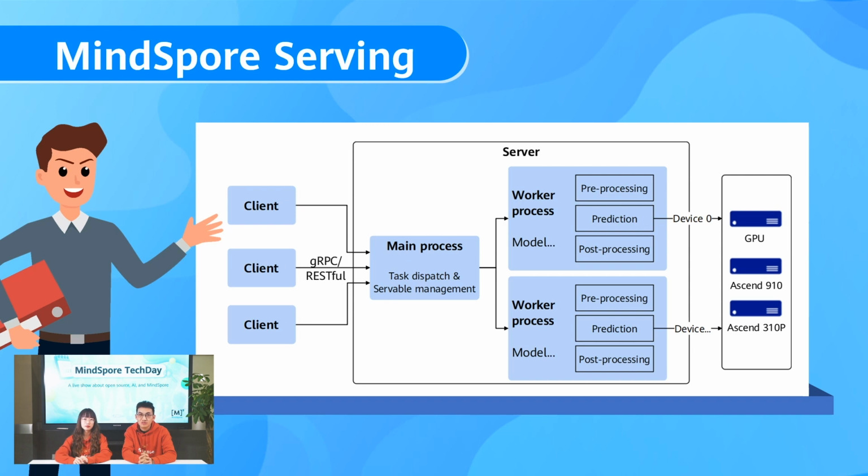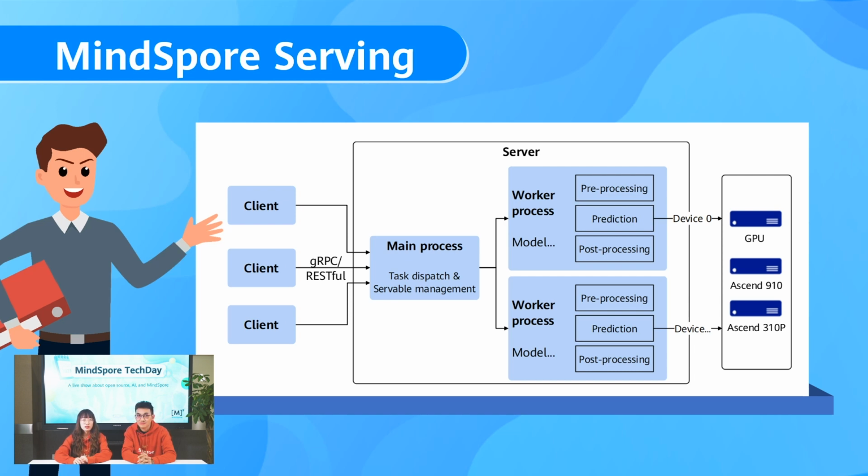Right now, let me introduce the concept of a servable in MindSpore Serving. A servable is an object deployed on a worker node to provide inference services. It can consist of one or more models and offer different services based on a single model. So I can use one model for multiple tasks. Exactly. It depends on the data pre-processing and post-processing. For instance, ResNet 50 can be used for classification. What specific classification task would you like the service to perform?